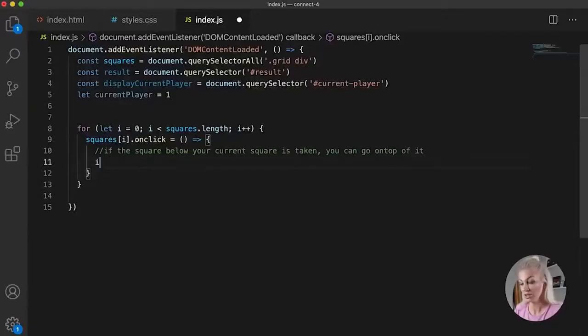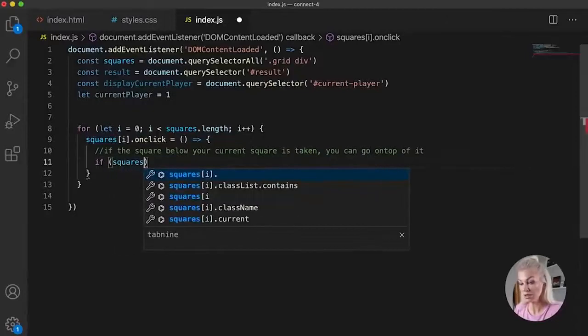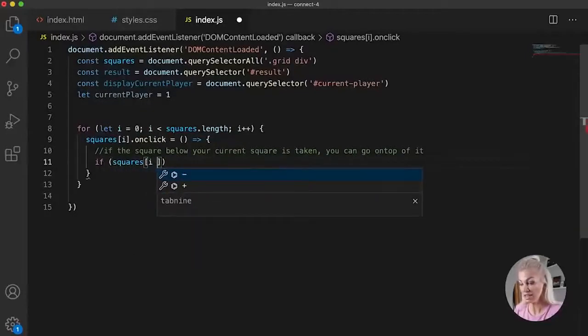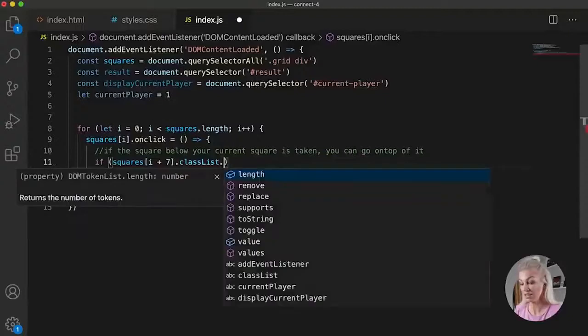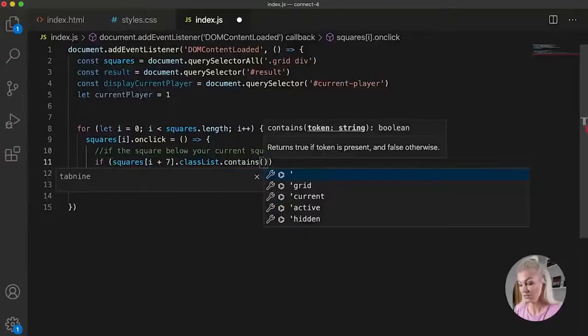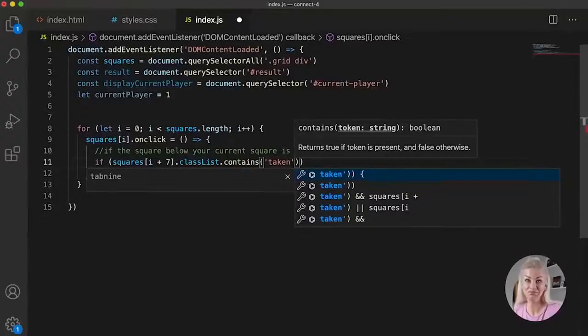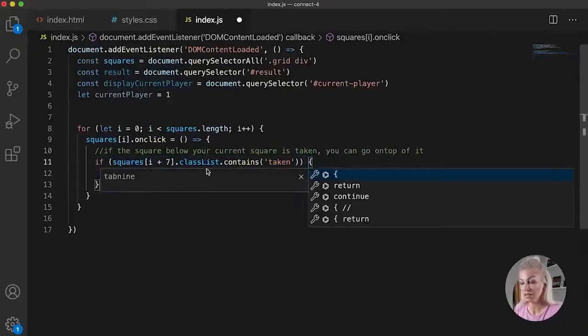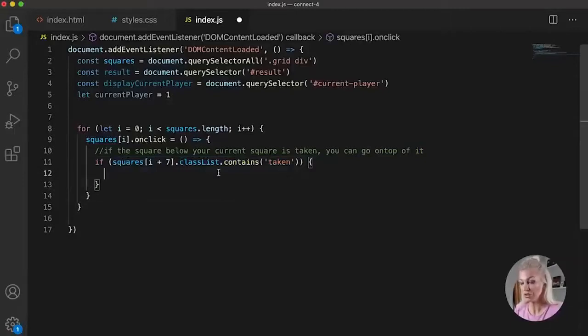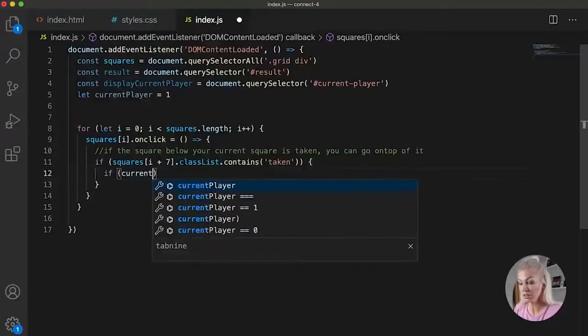So how do we write this in code? If we go into our squares array, I'm just going to use I, but I'm going to add 7 because I want to check what's directly below the current square that we are at. So we do that by adding 7 to the index number of it. And then if that square class list contains taken, well, we can go, right? So I would do it like this. So if that is true and the square directly below us is taken, if the current player equals